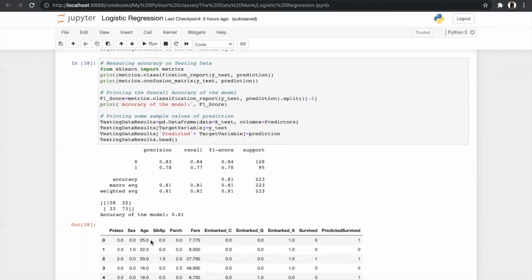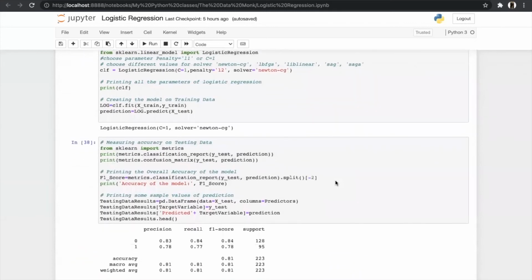So after importing the library metrics from sklearn, we will print the classification report and confusion matrix. This is our classification report and this is our confusion matrix. And how do we predict the accuracy of our model? The accuracy of the model is our F1 score. And we get the F1 score by computing the harmonic mean between precision and recall, between this and this, so that we can get this. So now we will see what we mean by precision, recall, and the confusion matrix.